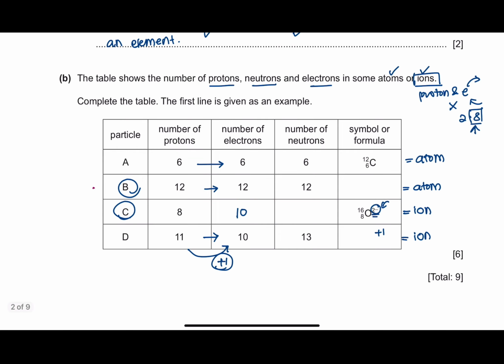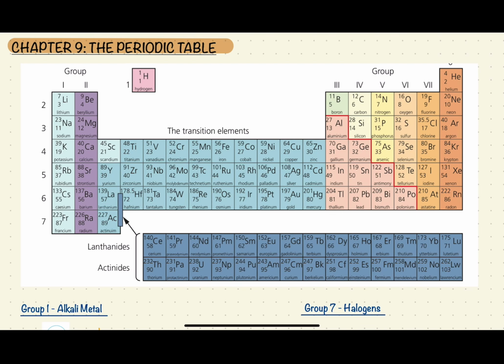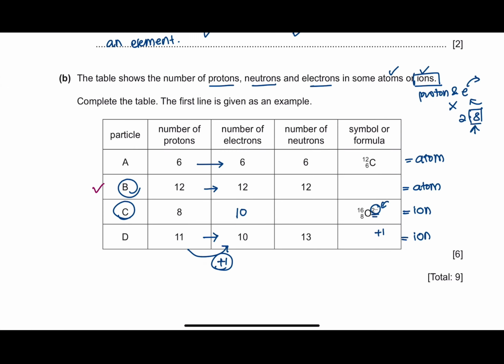Now let's complete particle B first. Particle B has 12 protons, so you have to refer to the periodic table in order to determine which particle this is exactly. A particle with 12 protons is placed at the 12th position on our periodic table, and this is magnesium. Therefore, you should write the symbol of magnesium over here with the number 12 at the bottom to show the proton